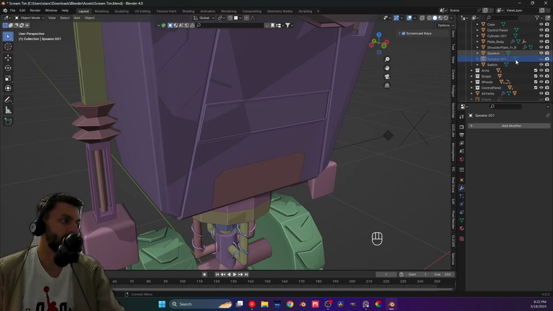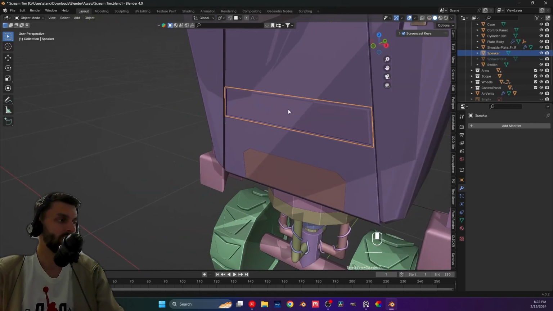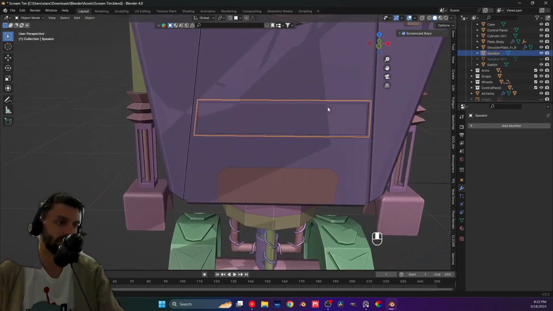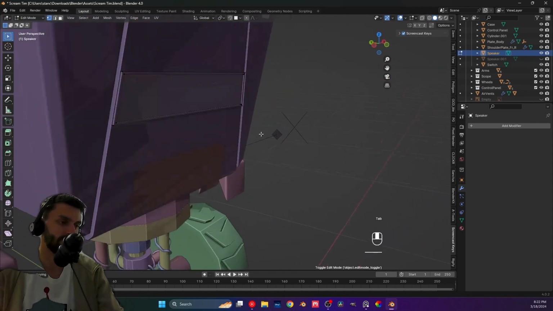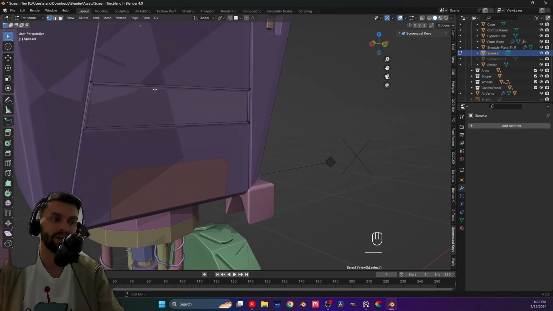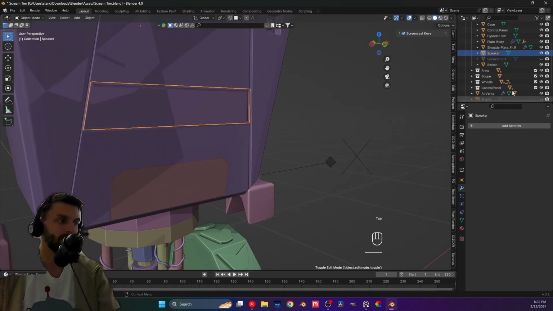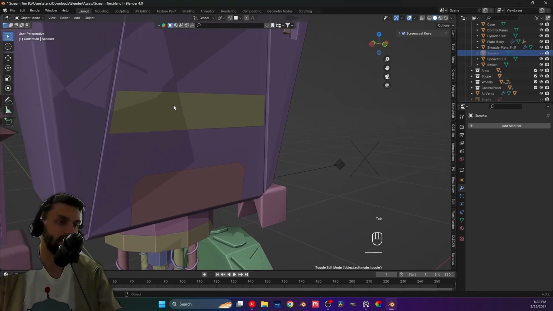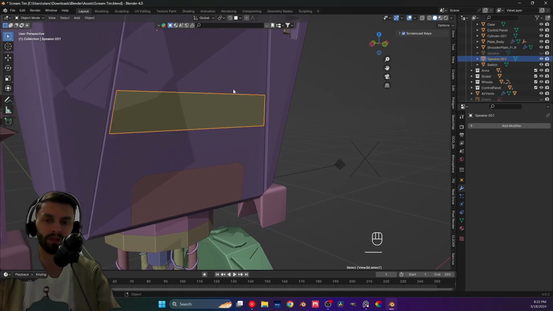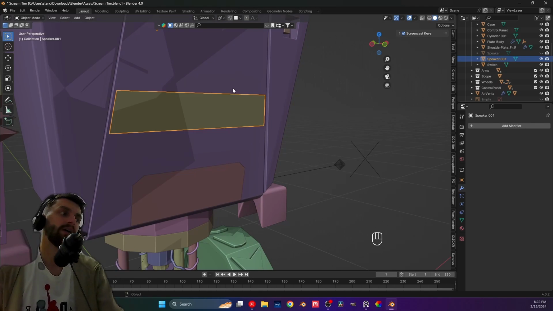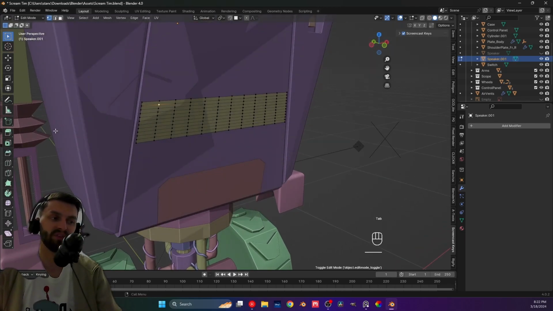I actually just made our speaker right here, which is literally just a plane. I extruded it and I inserted this face, took this face from the inside, duplicated it, parted it, and now I have this one, which will be those grids from the speaker. Now I did find a method to actually make that grid, because what I did is I subdivided this by